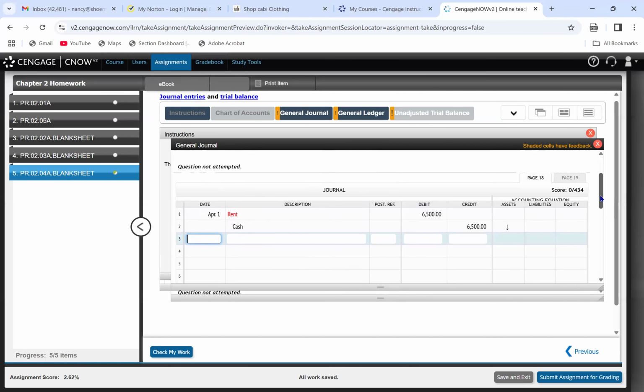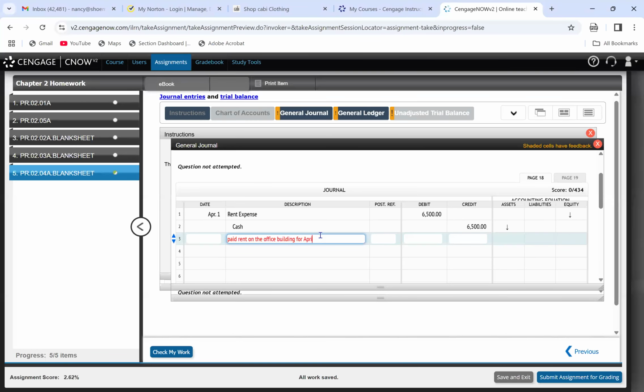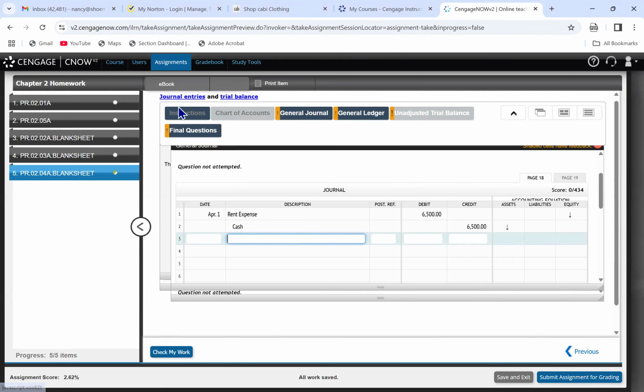Got what we're doing here? Rent expense. Didn't like that. Okay? So that is the first journal entry we will do. And let's see if I can say paid rent on the office building for April. Maybe I'm not supposed to do that. I thought I would. Let me see here. Well, I guess I do not need to make an explanation. So if I go to the next one,